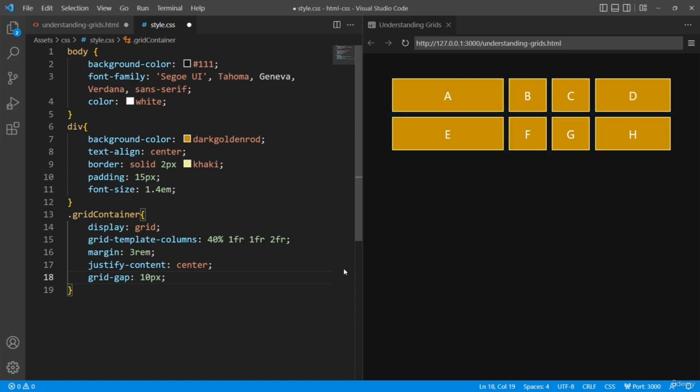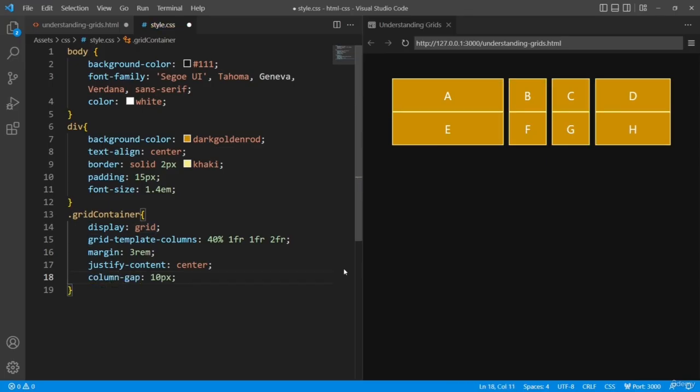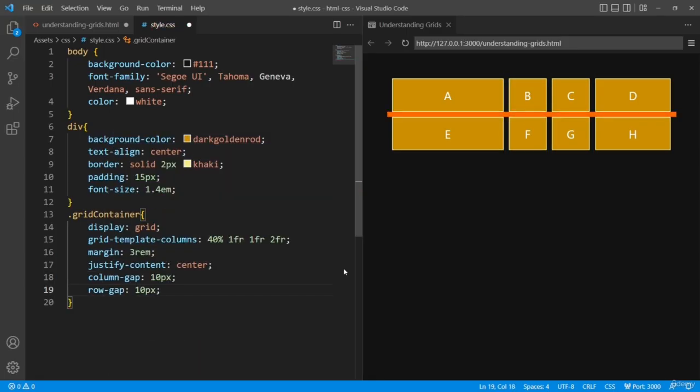You can also give space between columns and rows individually by using the column-gap and row-gap properties. So instead of grid-gap, I'll give column-gap 10 pixels. You can see only the columns get separated. And row-gap 10 pixels separates the rows. So this was some basic grid approach and anatomy which you need to understand and practice